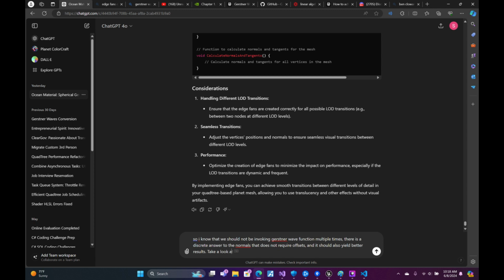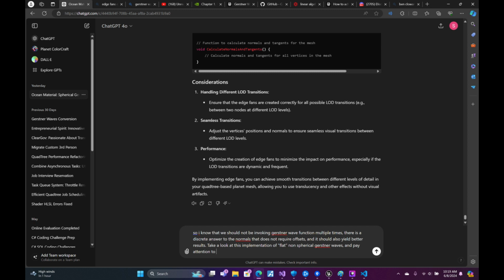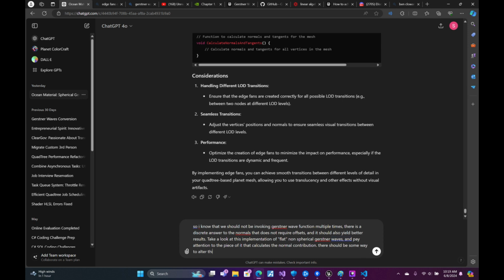Take a look at this implementation of flat non-spherical Gerstner. Pay attention to where it calculates the normal contribution. There should be some way to alter this to work in our